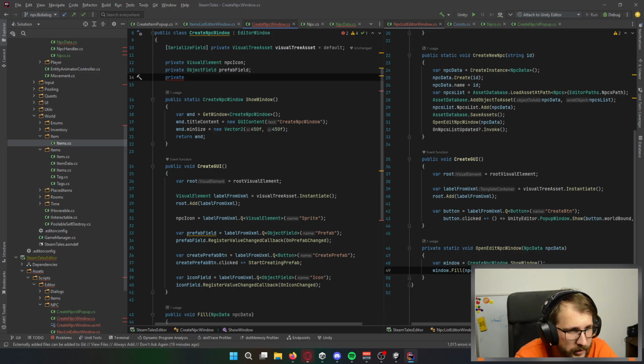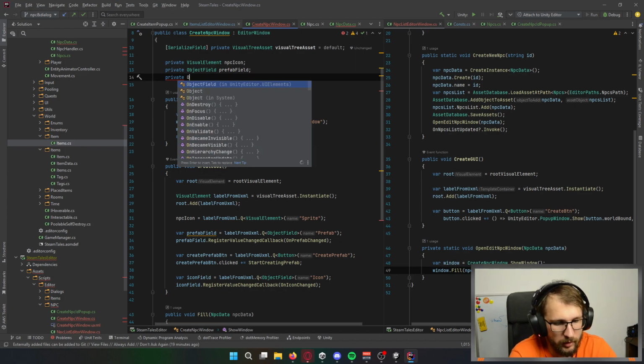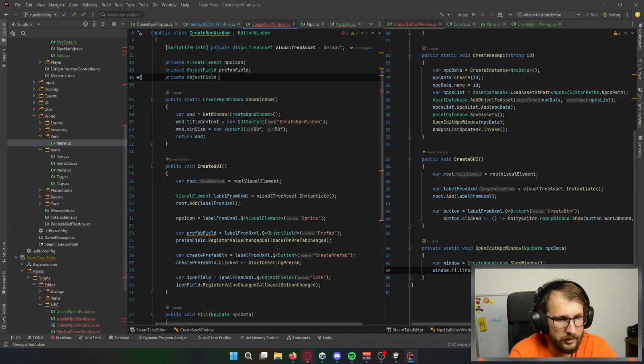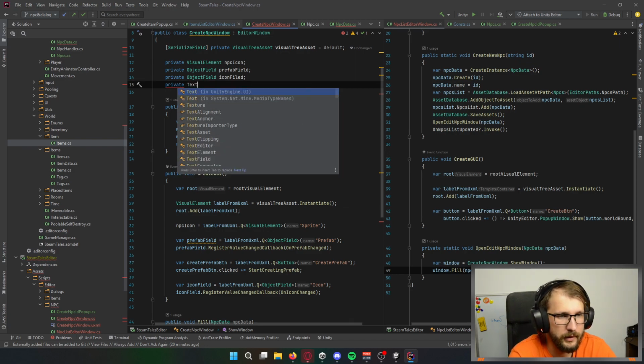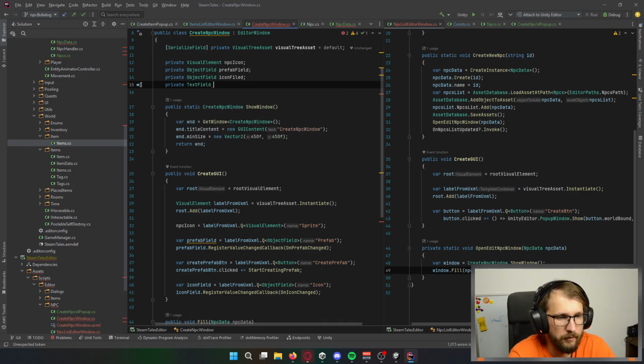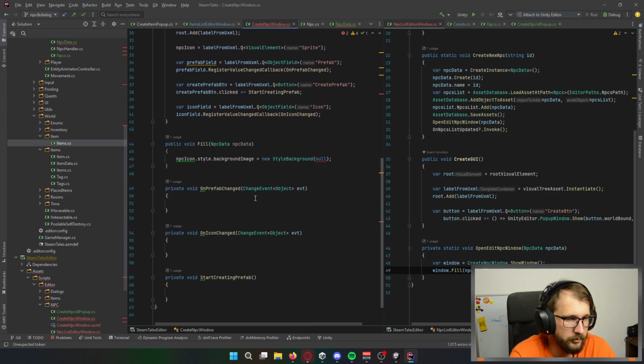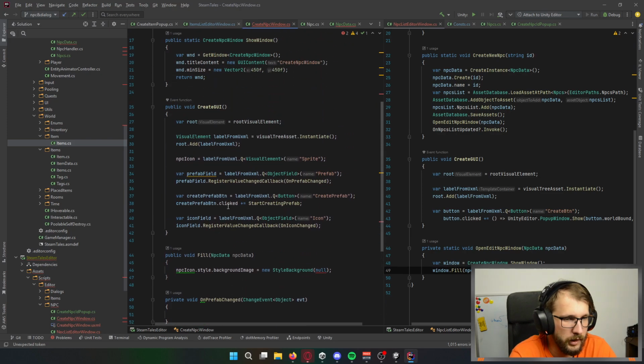Icon. Do I need an icon? Of course I need an icon. So object field, icon field, and I need a text field, or text. No shit, Sherlock. How did I name it?